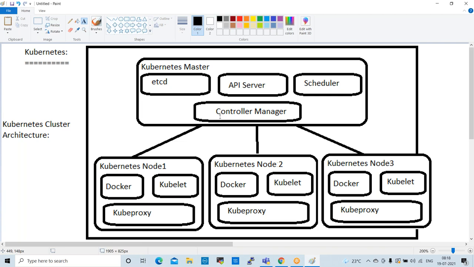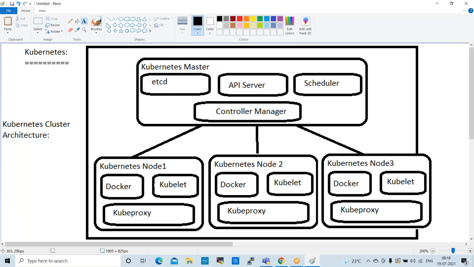Okay. So the next one is nodes. Depending upon your application scalability, application criticality, and project requirements, we will configure nodes.